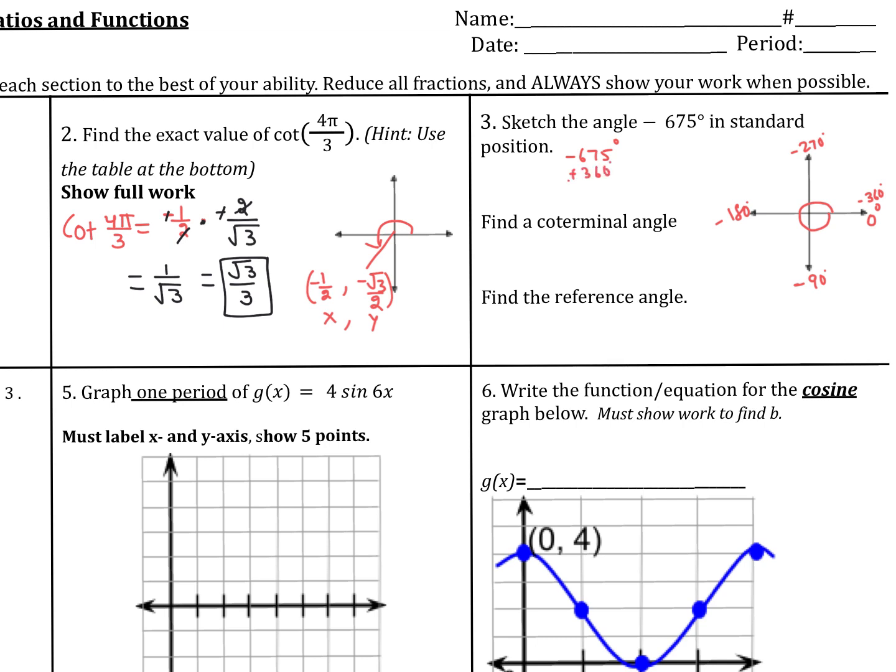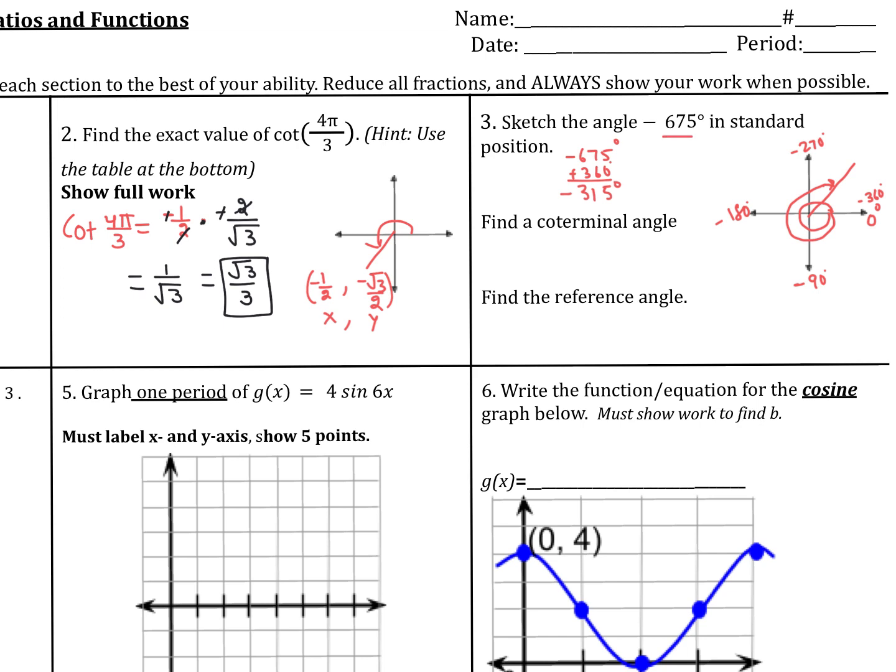Let's see in here. Negative 675 plus 360 is going to be negative 315. So you complete one cycle of negative 360 and then part of another, and the angle is 315. So this is the angle